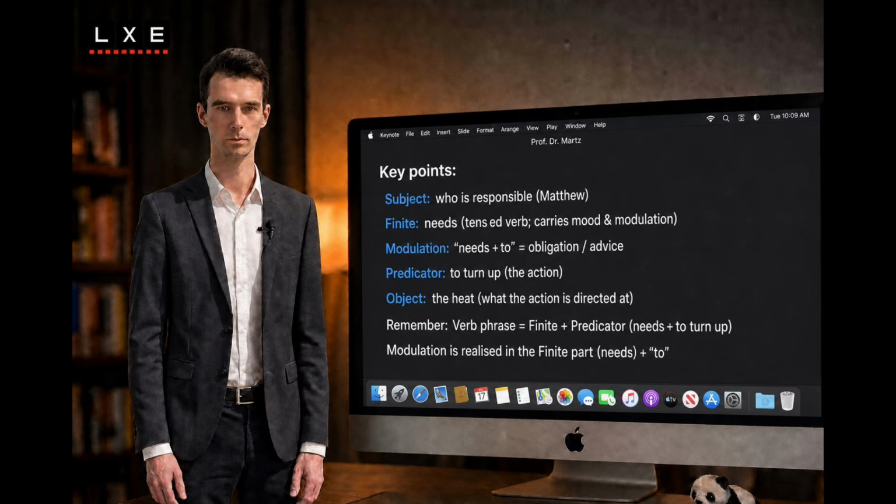Function, obligation/instruction. Strong modulation. Declarative with modulation, advice framed as statement: you should read the introduction before the tutorial. Finite, should, modulation, recommendation. Subject, you, the student addressed. Function, graded behavioral instruction. For service encounters, watch how modalization and modulation shape